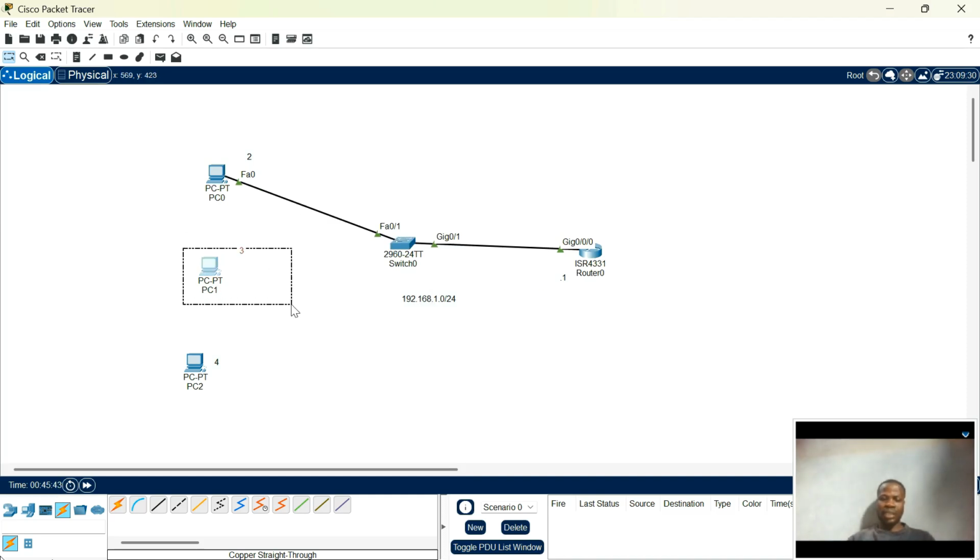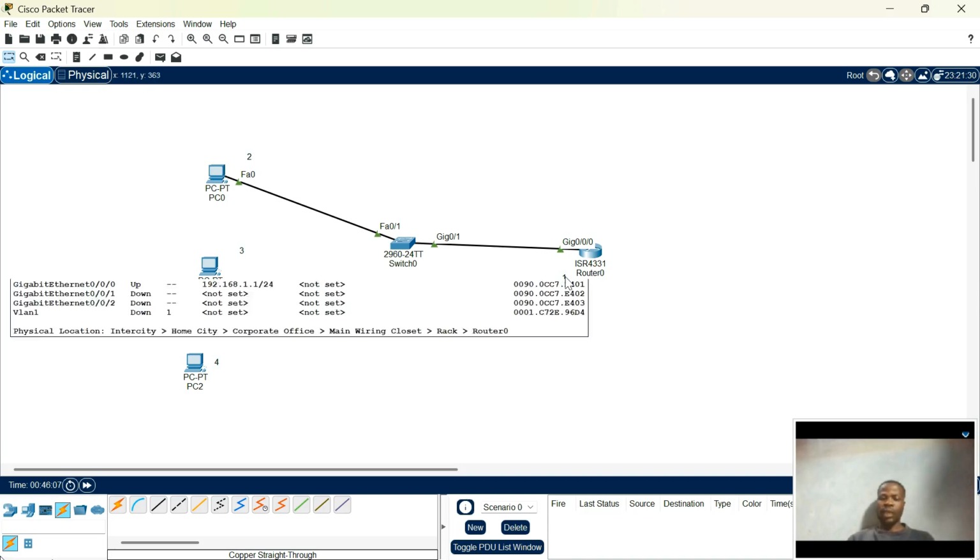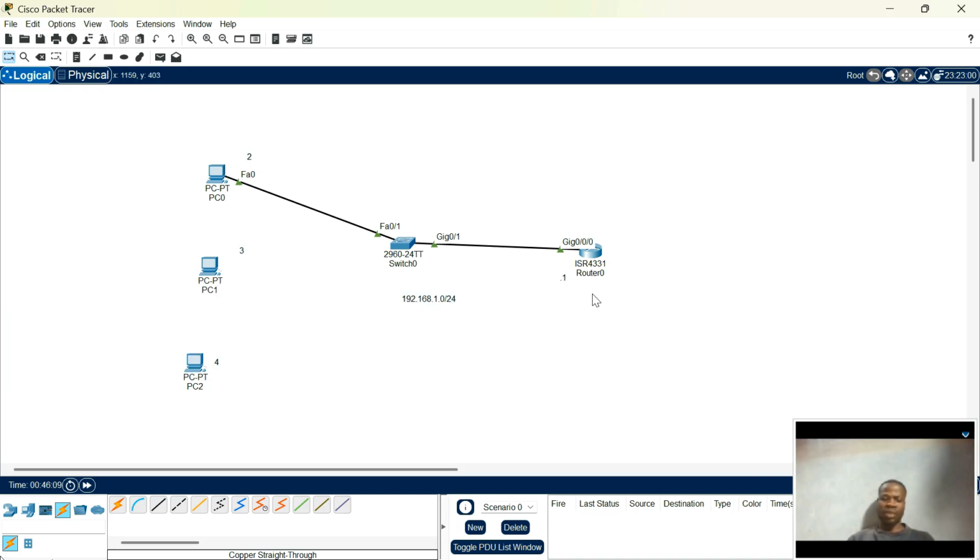Or we also use this PC1 to ping. The traffic will also be allowed without violation because we allowed two traffics. We allowed two MAC addresses to be learned on these F0 interfaces because we increased the maximum MAC addresses to 2. So once this PC1 tries to send traffic to any other device in the network, for example this router,